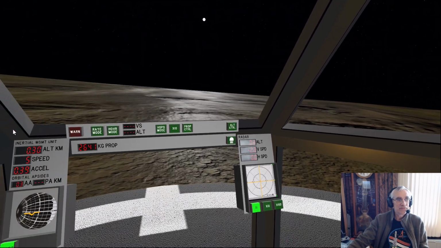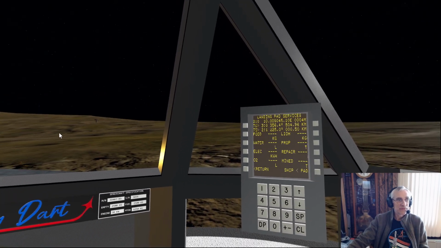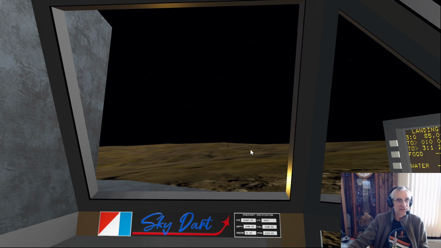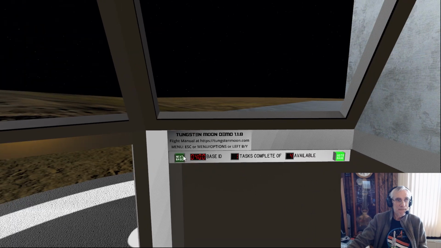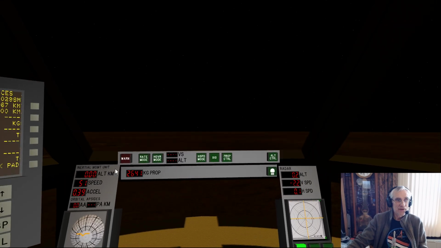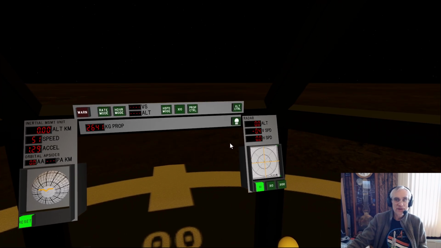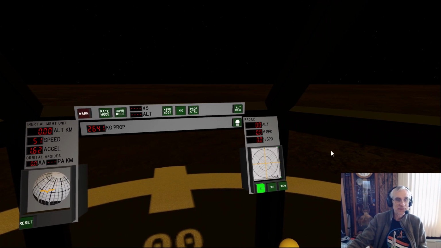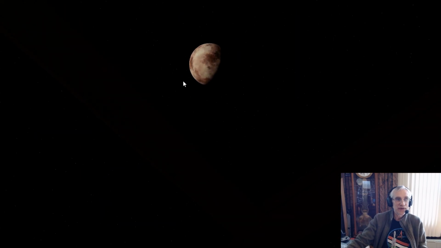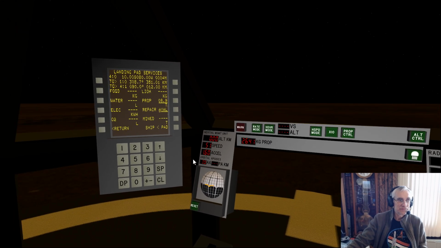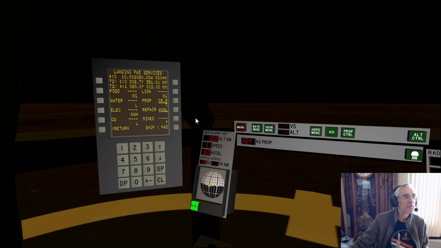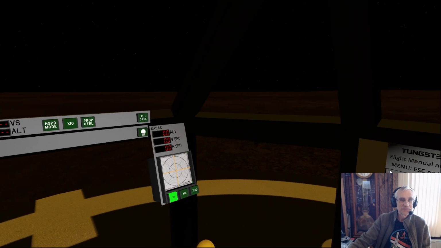Pad 3. This is the pad that we just flew to. And there's that, in the distance here, there's the pad that's up the hill. And then pad 4. Right now, this is on the dark side of the moon. You can see a little bit of the landscape here, and that's actually because we're being illuminated by the planet, which is in the sky. This is pad 4 at 10 degrees south, 80 degrees west. We're on the plane, 4 meters.